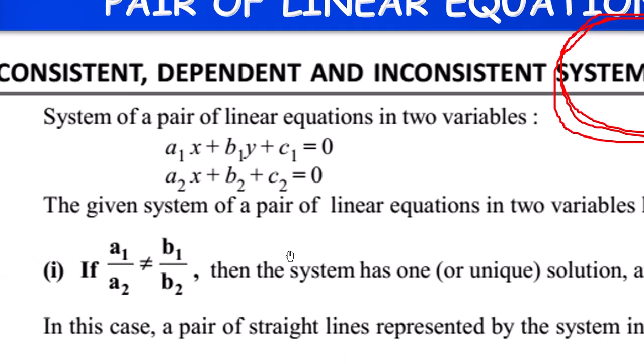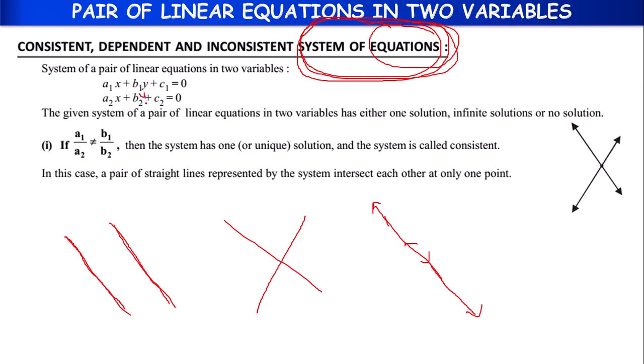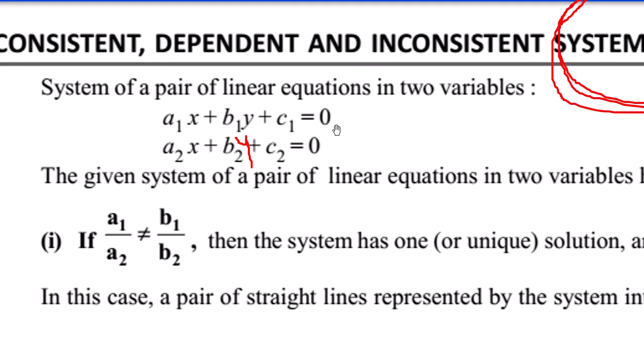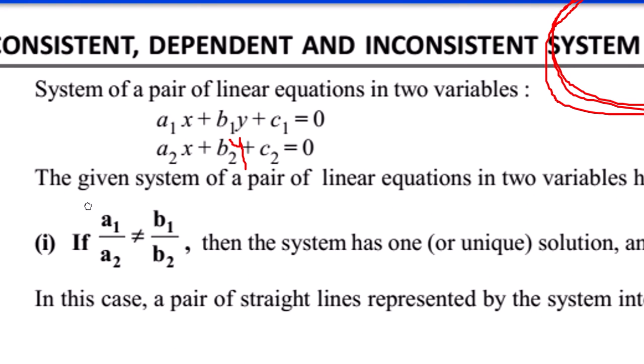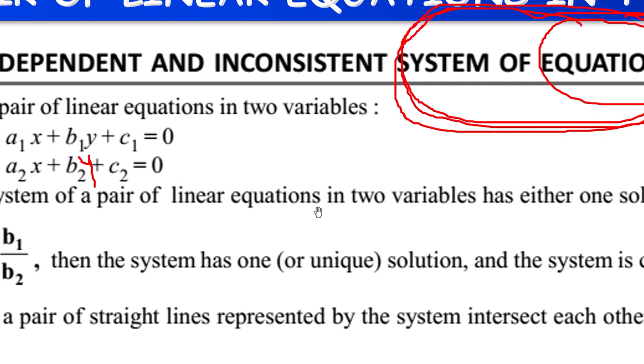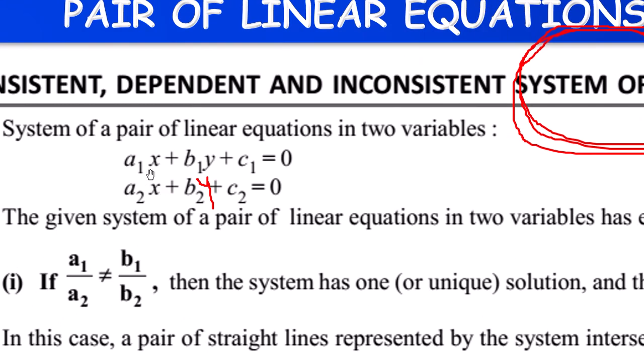Suppose we have a pair of linear equations in two variables such that a1x plus b1y plus c1 equals 0 and a2x plus b2y, here y should be there children, b2y plus c2 equals 0. If we have two equations like this, and we try to find the solution for these two equations,